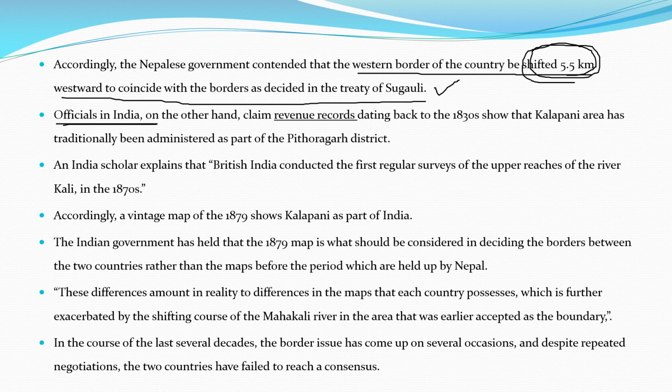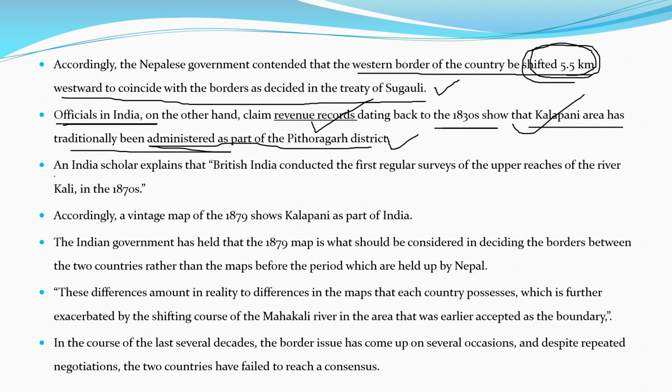जबकि जो इंडिया में officials हैं they are saying that to point out the particular location of the river Kali and to find out the true location of the map, we should refer to the revenue records at that point of time in the 1830s, and these revenue records show Kalapani has been a part of, or traditionally been administered as a part of, Pithoragarh district. Okay, so जो इंडियन ऑफिशियल्स हैं वो ये कह रहे हैं कि जब कालापानी एरिया जो है वो पिथौरागढ़ डिस्ट्रिक्ट का पार्ट था और उसी के द्वारा एडमिनिस्टर किया गया था,